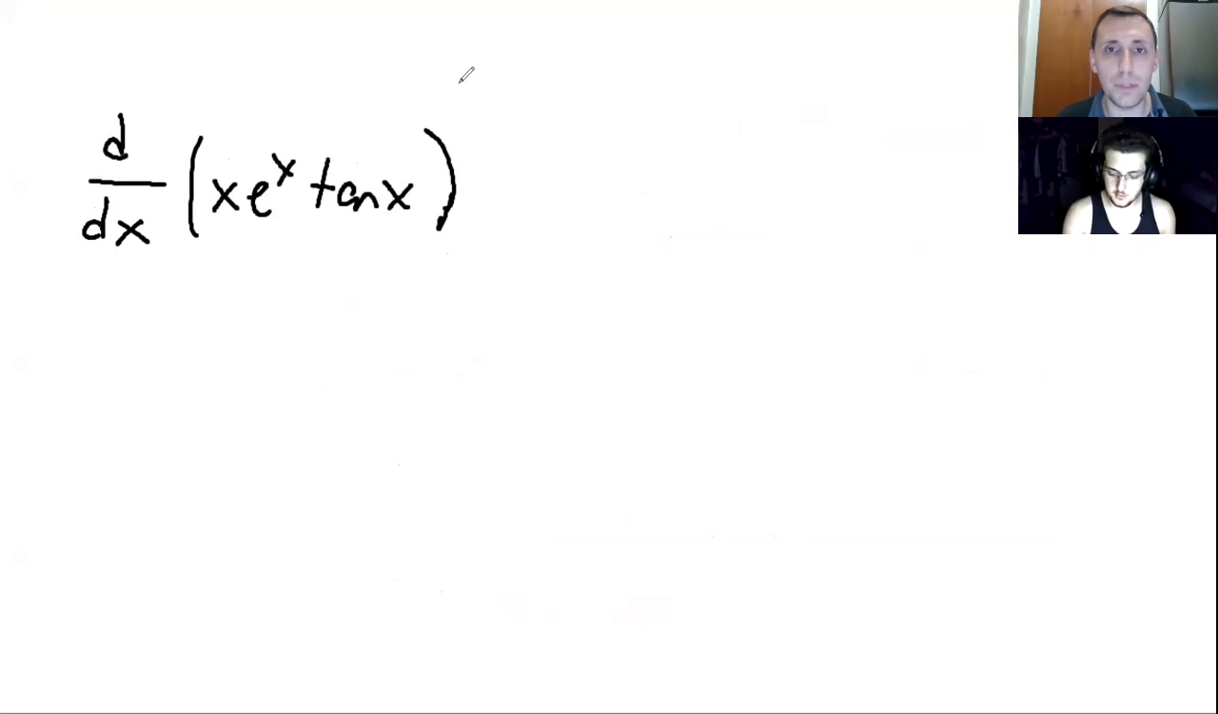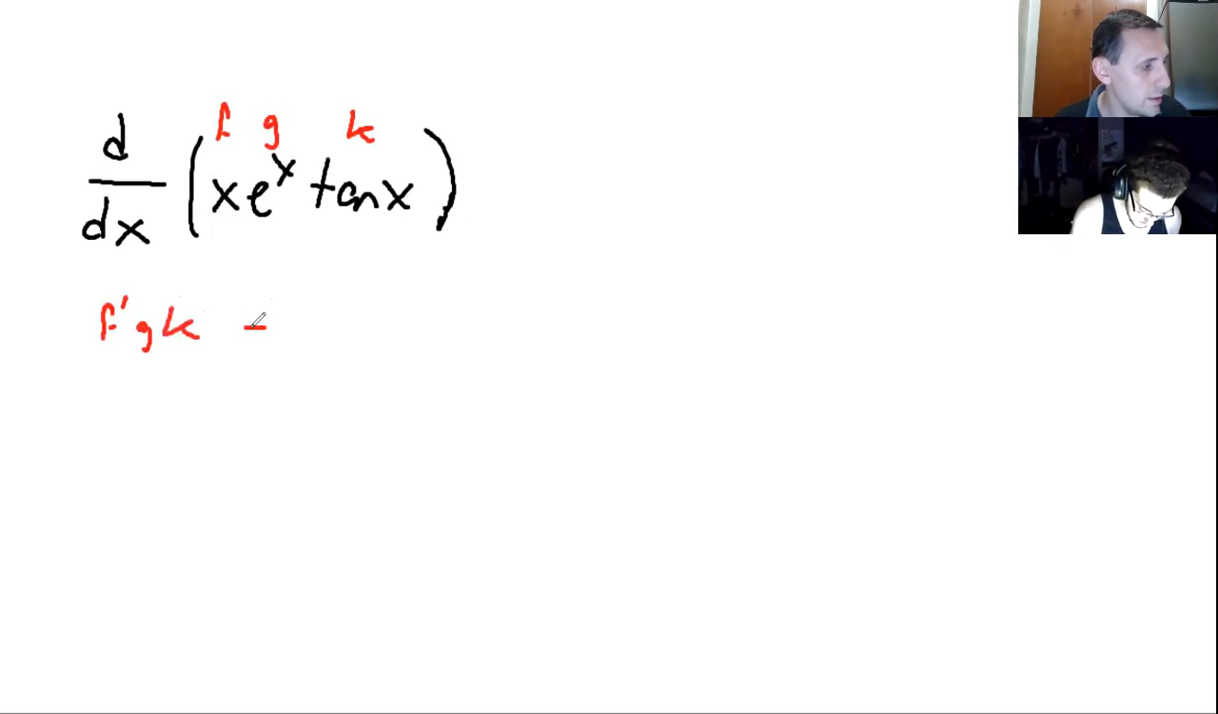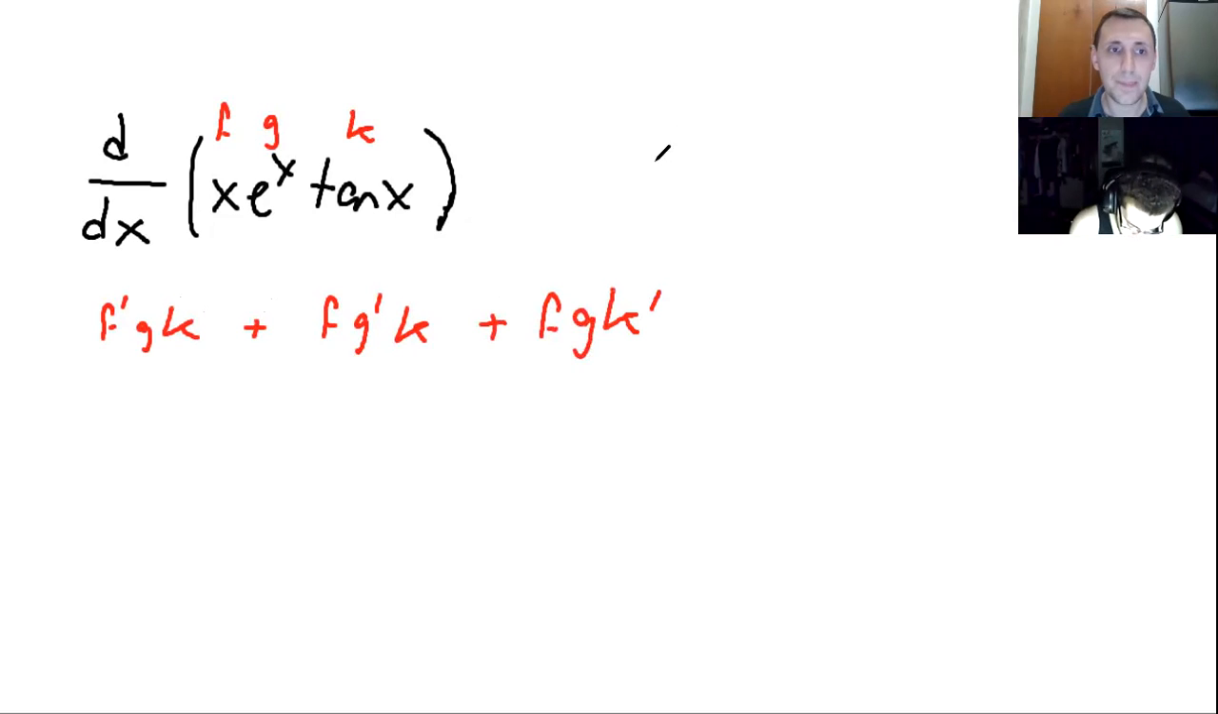So what we do, we mark the top functions as f, g, and k. And you remember there is this traveling derivative thing that I mentioned. So it is f prime g k plus f g prime k plus f g k prime. Then what? The derivative of f is just 1, right? X is disappearing. So this is e to the x tangent x plus